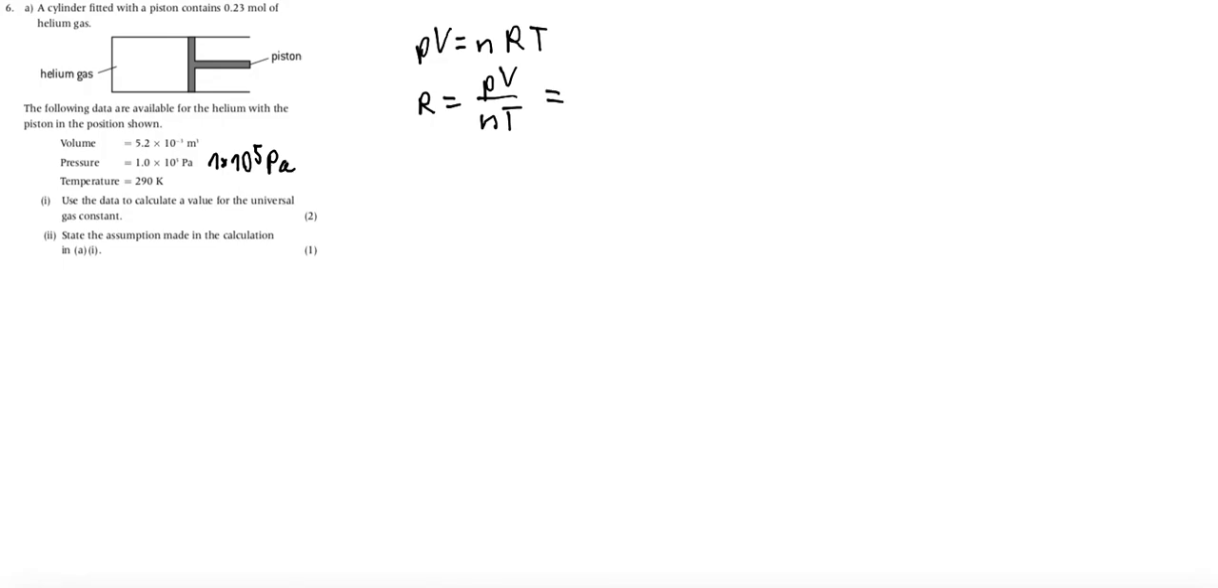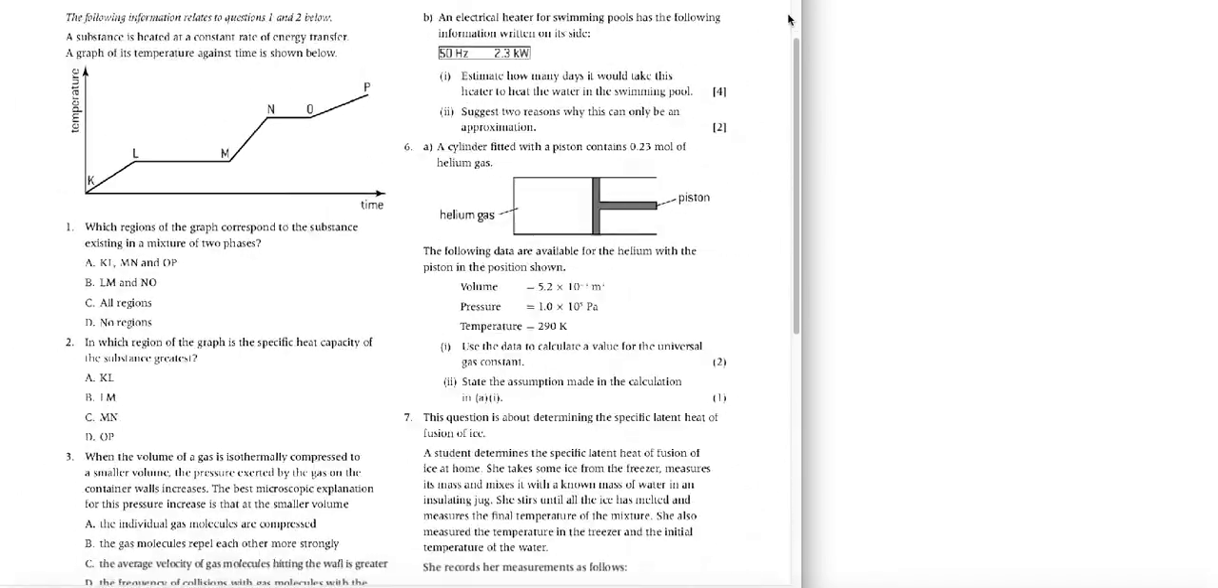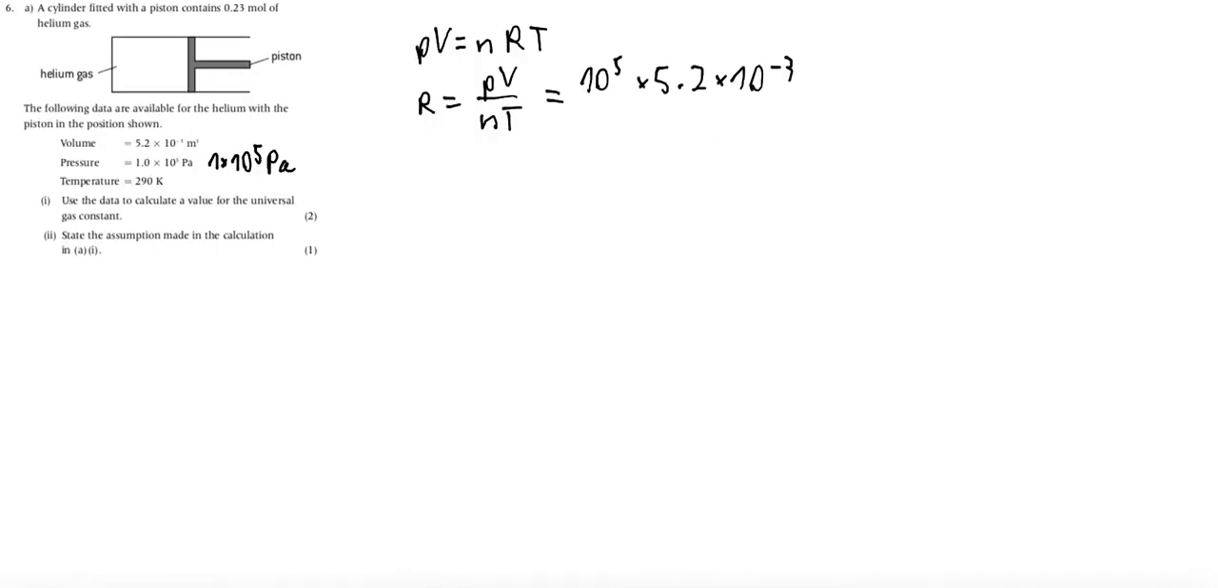We know P is 10 to the power of 5. We know V is 5.2 times 10 to the power of, I hope it's minus 3. Let me check again. Yes, it's minus 3. We know n, number of moles, 0.23, and we know temperature is 290 kelvins. All you have to do is use a calculator. So 10 to the power of 5 times 5.2 times 10 to the power of minus 3,